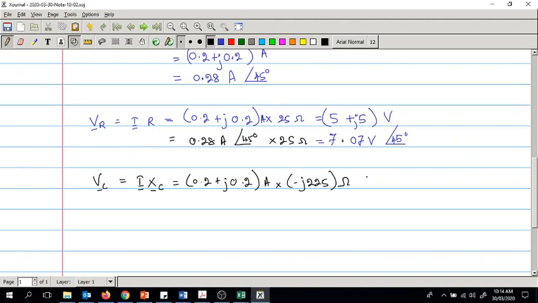So let's do this and see. We'll need brackets, so that is 0.2 plus 0.2i, I'm telling the sequence that has to go with the calculator, multiplied by, put a bracket, minus sign, 225i, right, equals to, what we get is